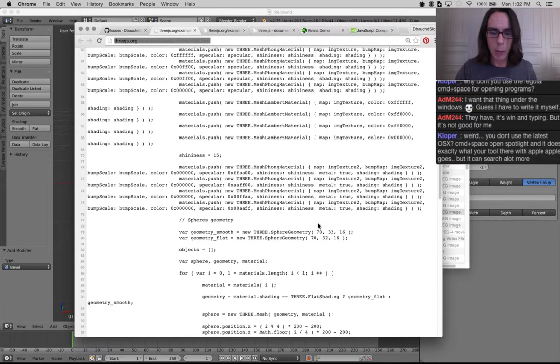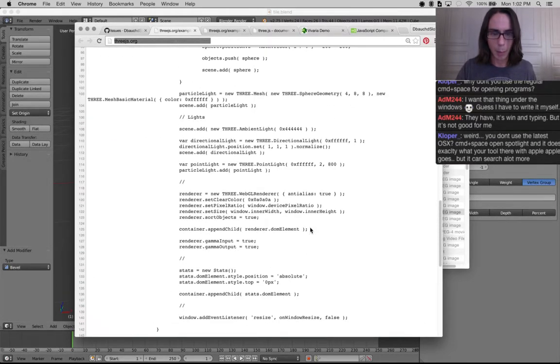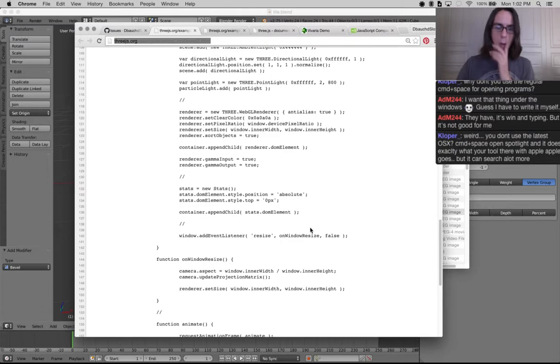Now, one of the things I'm just kind of surprised, I thought there would be some. There has to be some bump mapping here. So the point behind bump mapping is to add some,